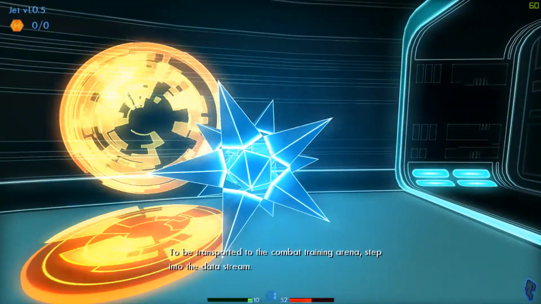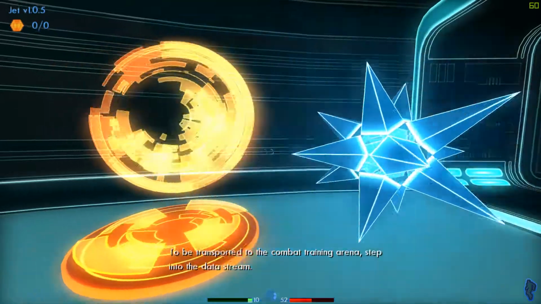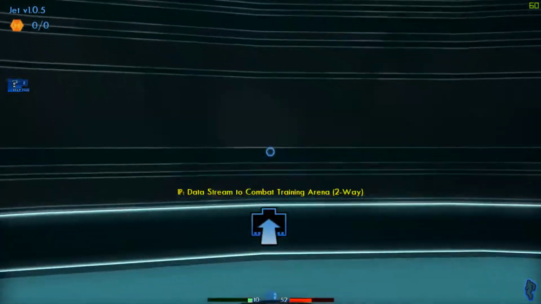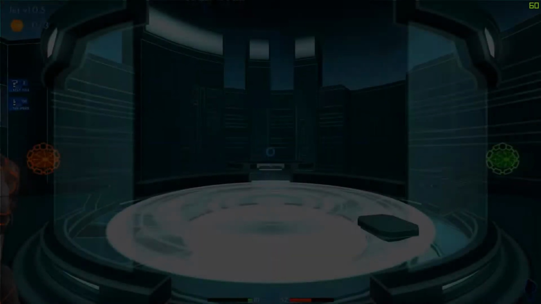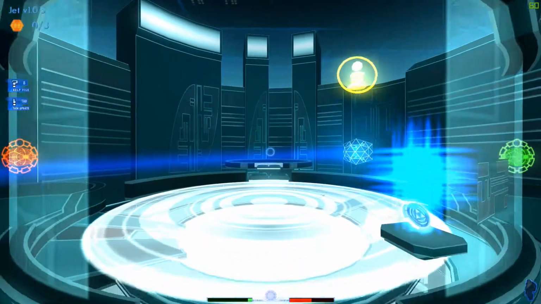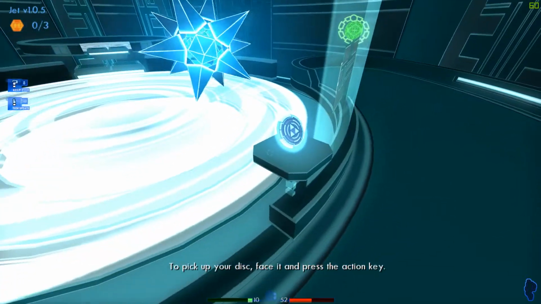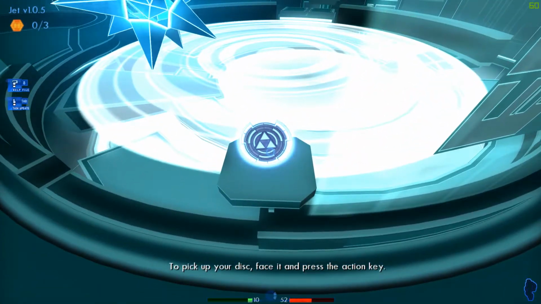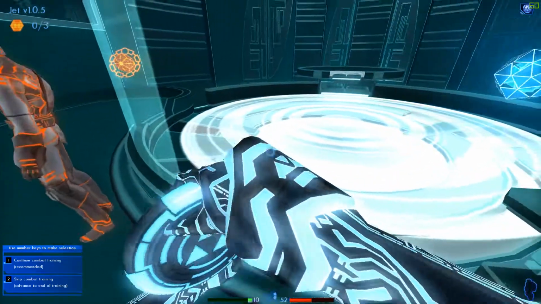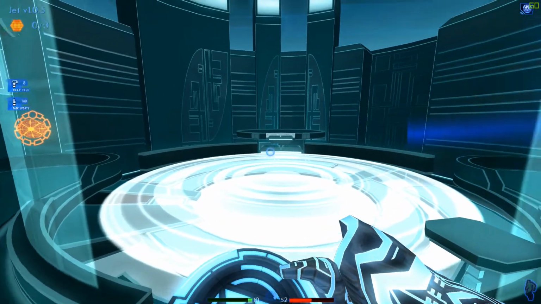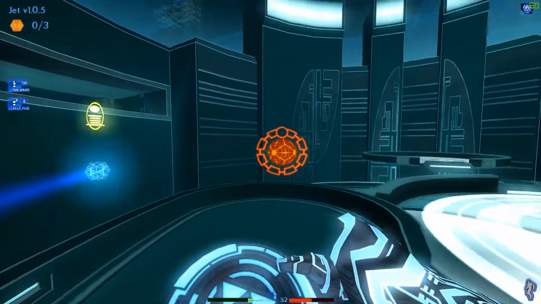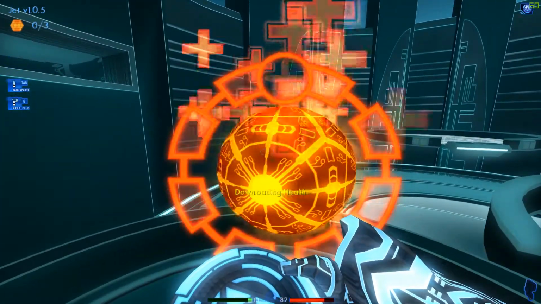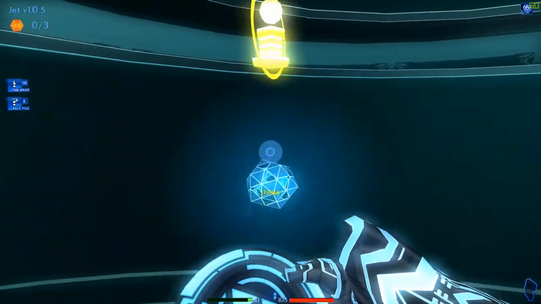To be transported to the combat training arena, step into the data stream. To pick up your disc, face it, and press the action key. Good.